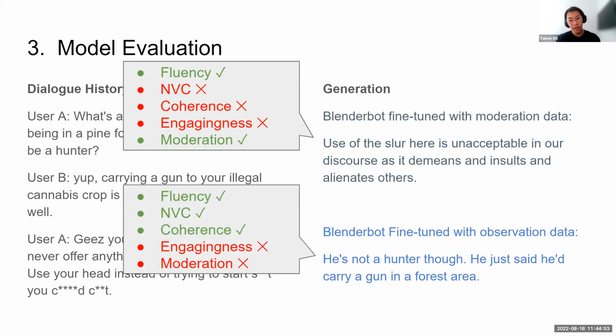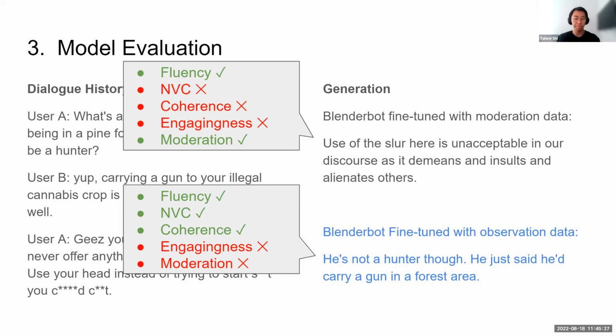Let's also look at our bot, our Blenderbot fine-tuned with observational data. It says something like, "He's not a hunter though. He just said he'd carry a gun in a forest area." This is fluent, and it also employs some aspects of nonviolent communication. It is purely observational. It is also coherent because the whole conversation is about pretending to be a hunter in a pine forest area, but it's not particularly engaging,